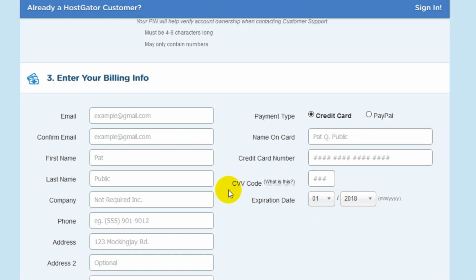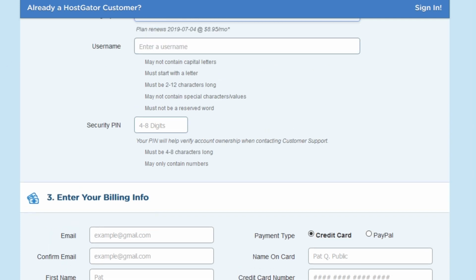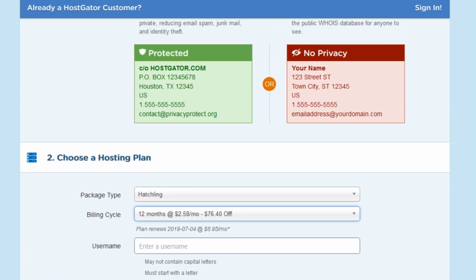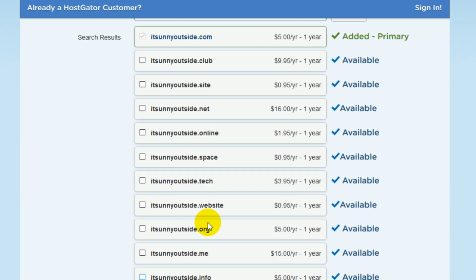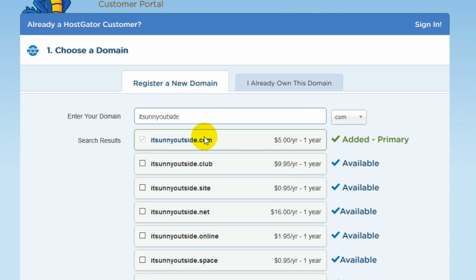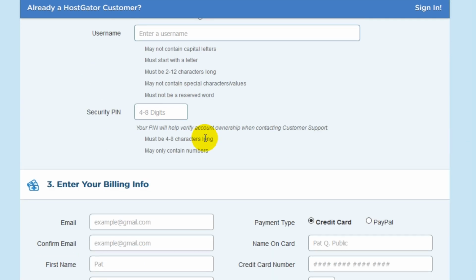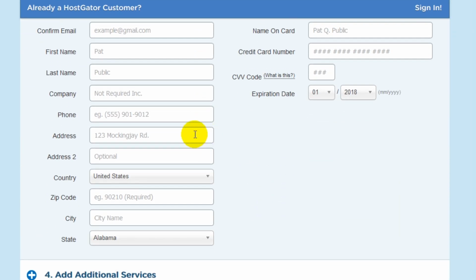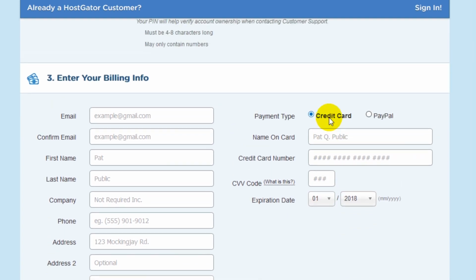So are you going to pay with a credit card, or will you pay with PayPal? Now think about it. You're going to be getting a 12-month plan, and you're going to be paying $5 for your domain. That's a really great price. So when you fill all of that in,